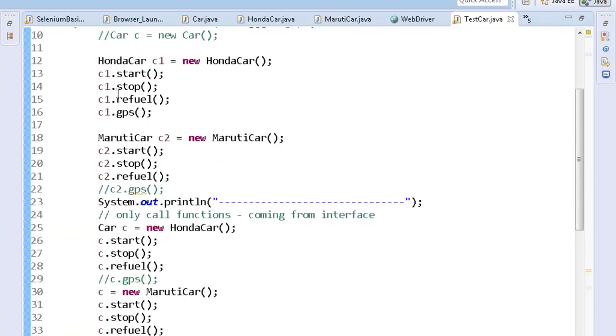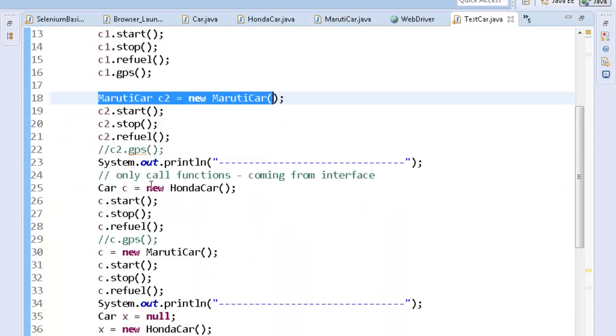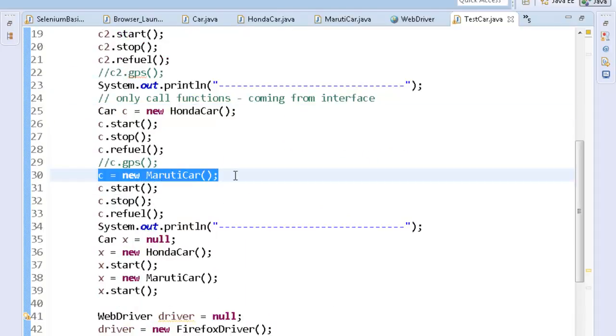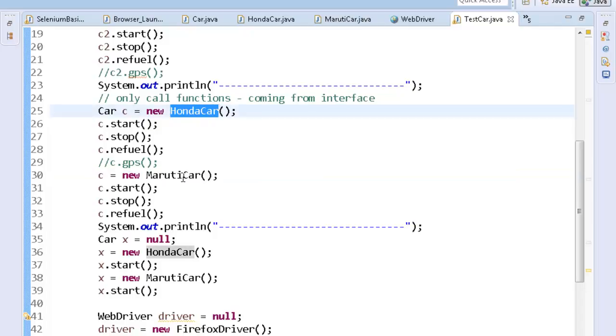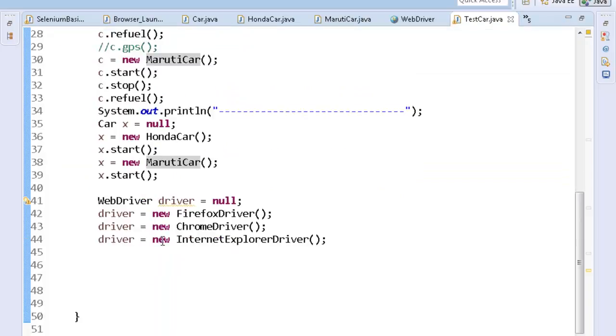Okay, and all these classes, Honda car, Maruti car, they are doing the same thing. Like I am writing over here, car C equals to Honda car, then equals to Maruti car. So it's on to me where I want to point this interface. This driver becomes like a handle. You can point it towards any class which is implementing the interface.